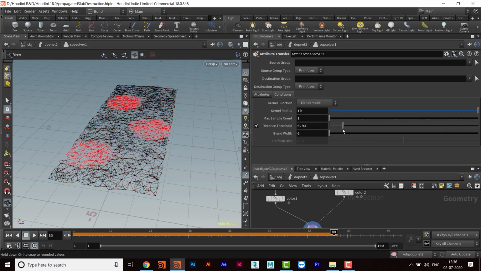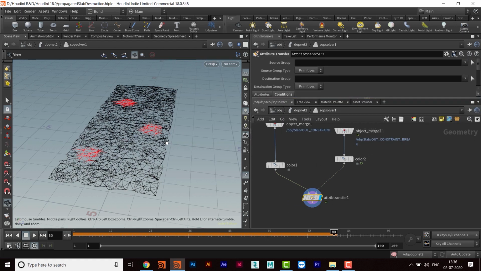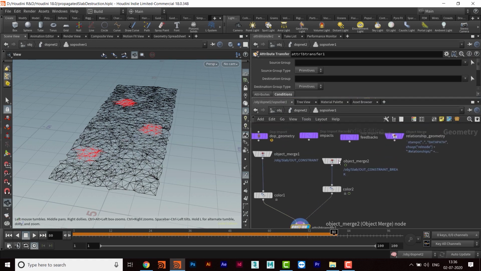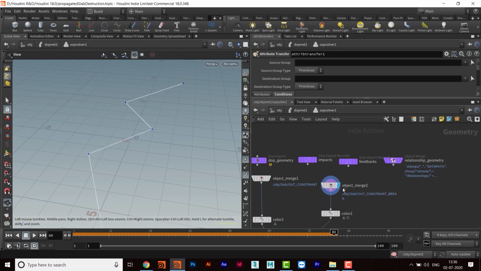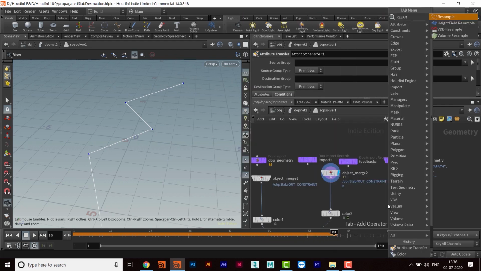Now I can see that red is only assigned to the points. So if I don't have more points, it will look like that. I want to increase the number of points, because right now we have only these points here. For that, I will add a resample node.